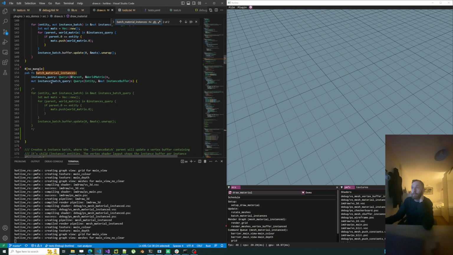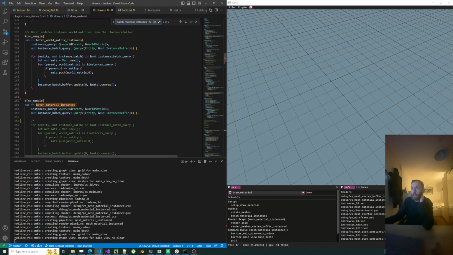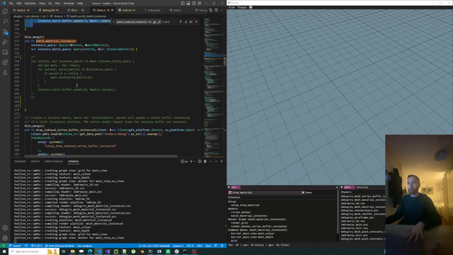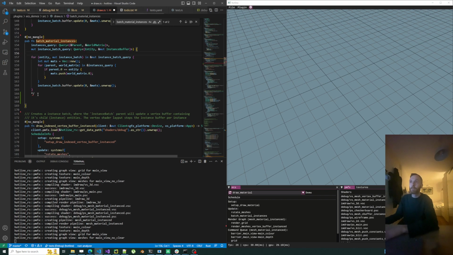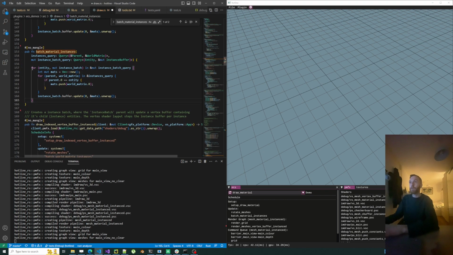Right. Is an entity and an instance buffer and an instances query. Okay, so, oh, we've already got that. So for each entity and instance batch in a query,